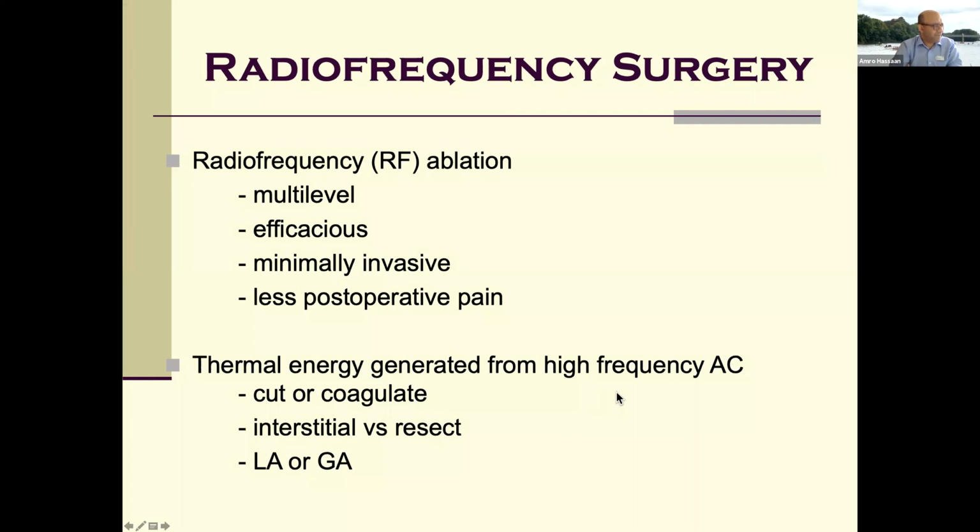Radiofrequency surgery, well, this is the new kid on the block. Having said that, it's been around for a good 10-15 years, maybe even more. What radiofrequency does is it scars the tissues, so makes them stiffer. And you can use it at several levels, which we'll come to. It's minimally invasive. It can be done under local anesthetic, although I don't do that. It doesn't really cause that much post-op pain, and it is repeatable, which is great because you can have second and third applications if the first doesn't work quite right.